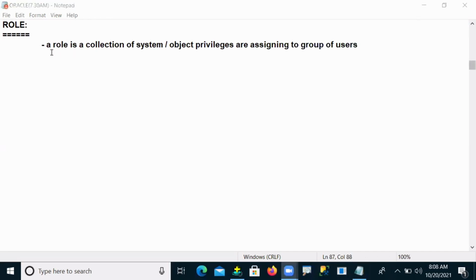Okay, now the role is a collection of system or object privileges assigned to a group of users at a time. Now, this is the role advantage.